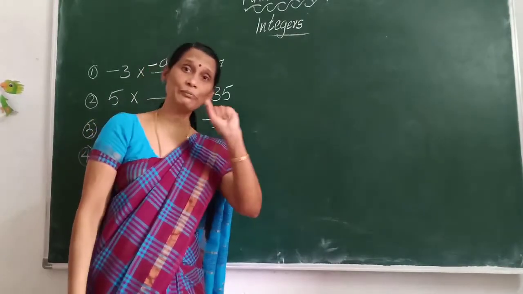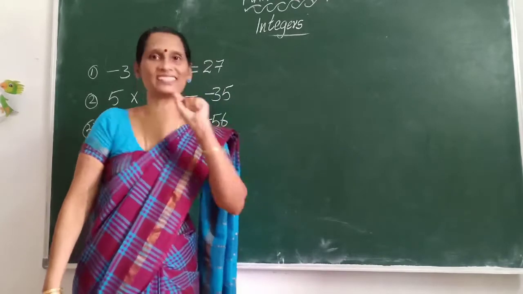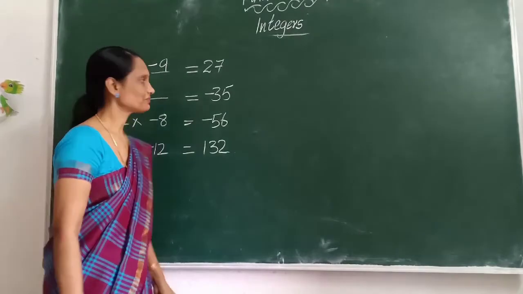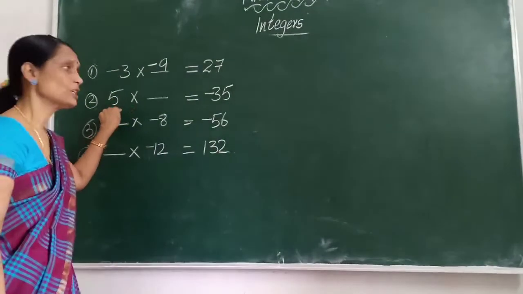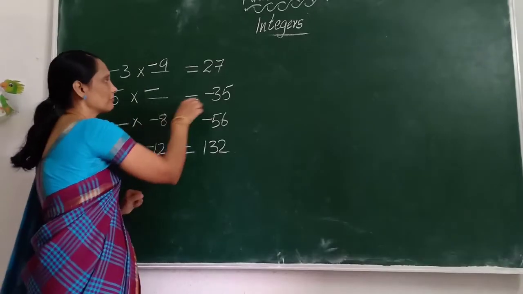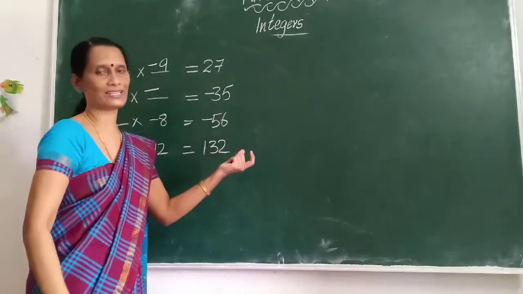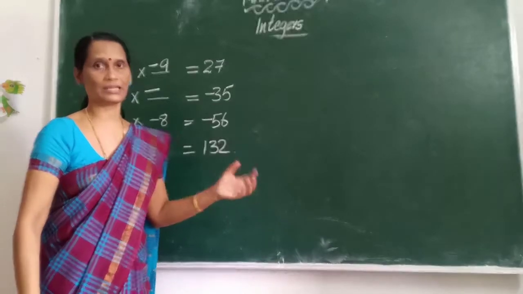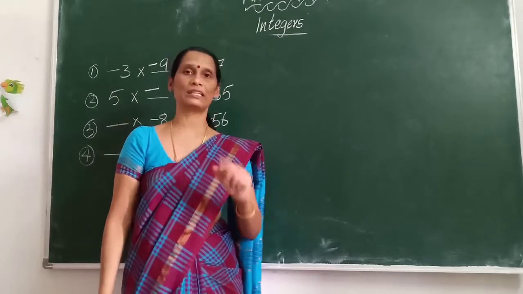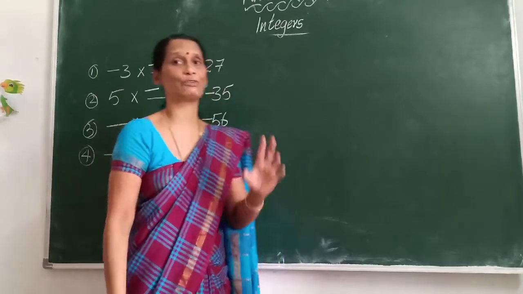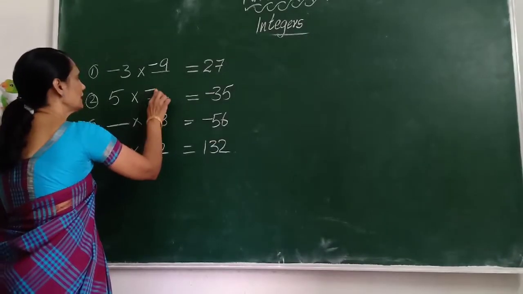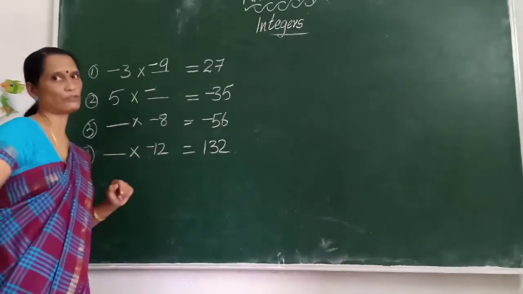When one number is positive and one is negative, we will get a negative product. Are you following? So one is positive already, so the next number should compulsorily be negative. We get a negative product by multiplying a negative number and a positive number. That means one is positive and one is negative, and we will get the answer as negative. So the number is minus, that we understood.